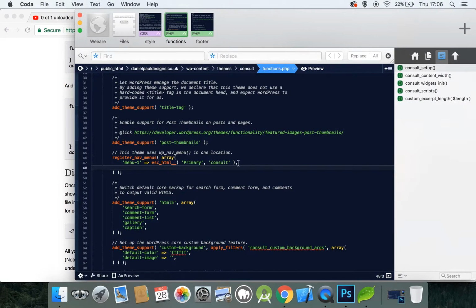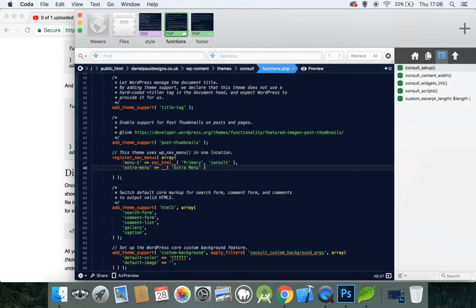and make sure it's after the existing menu, and where it says extra menu, change this to footer menu and name this footer menu. So come directly after the first item and create this. I will link to the existing WordPress codex so you can copy this yourself, but as you can see it's just simply this code here. Save this file